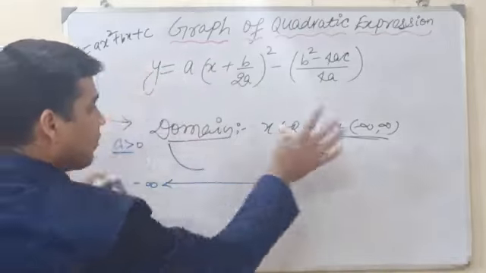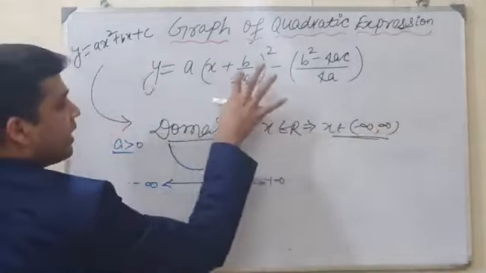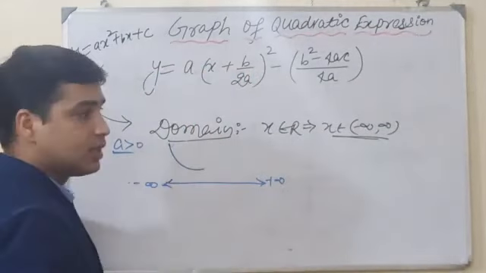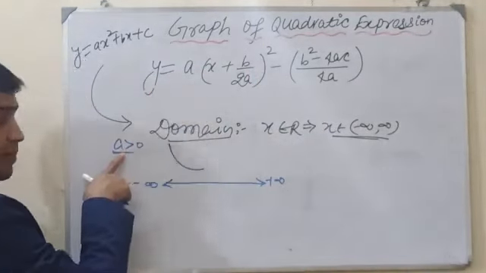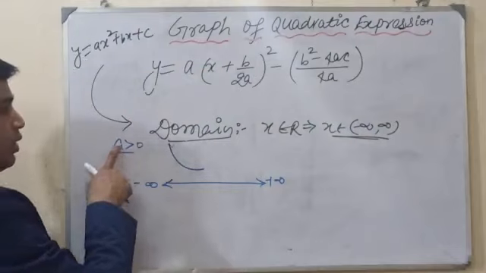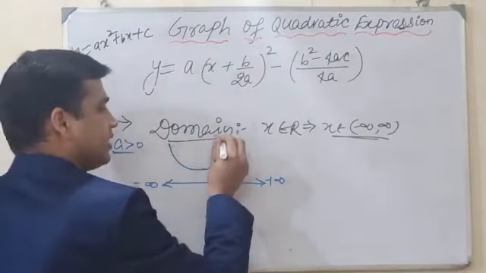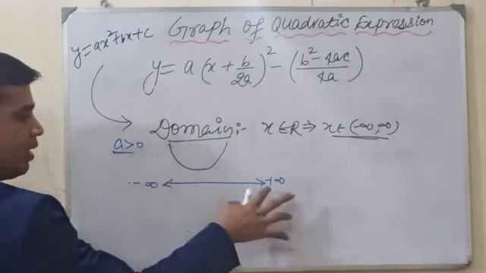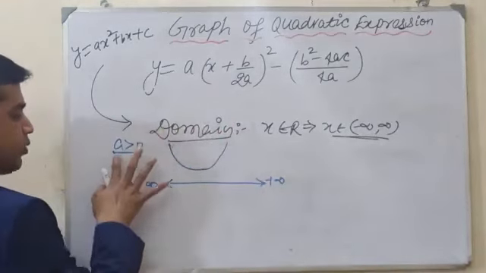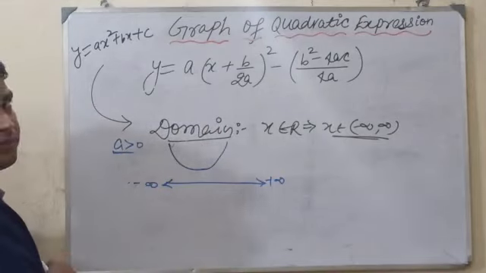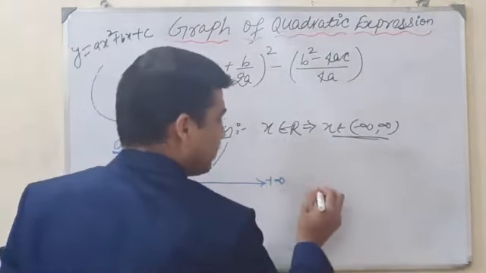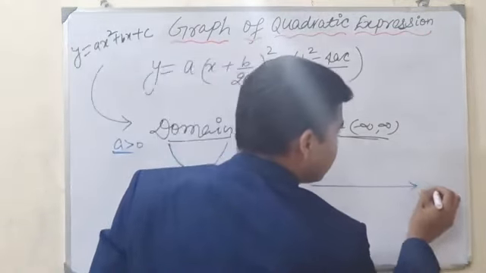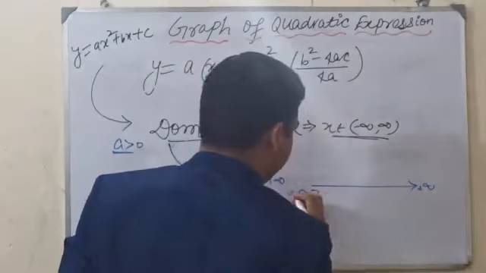Okay, but if you put infinity here, infinity plus infinity, you get positive, positive into positive. Why? Because I am taking the case a greater than 0, so it will be positive. When we put minus infinity, we get positive. When we put plus infinity, we get positive. Why? Because this a is positive here. In the same way, this is plus infinity and this is minus infinity.